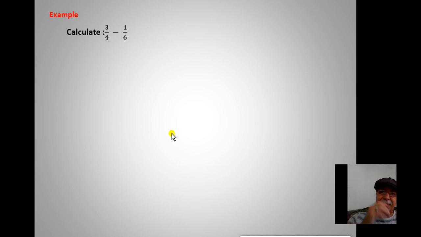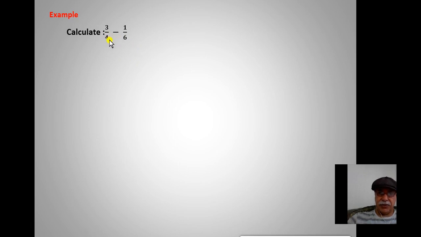Example, here in minus, that's why I have here also different denominators. I want to make them the same, always the same process, with the number that can be divided without remainder. I see the times table for 4 and 6. The number is 12, equal for both together without remainder,